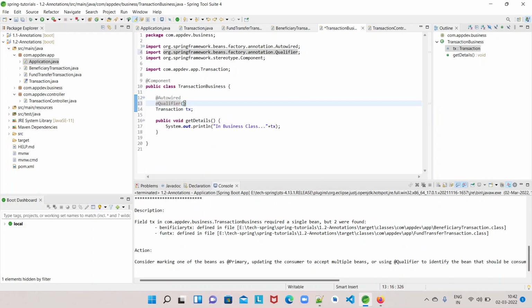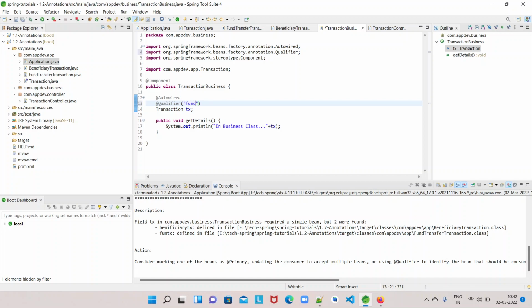So for this at the rate Qualifier annotation, we have to pass what is the specific type of transaction you need.